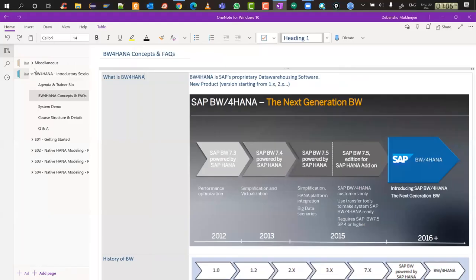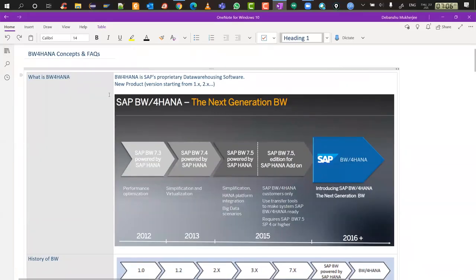Now let's look into some BW/4HANA concepts and frequently asked questions. So the first question, and the very basic question, is what is BW/4HANA? BW/4HANA is SAP's data warehousing solution for on-premise clouds. That's an important point. It's not a cloud-based system. It is not positioned for the complete cloud, but it is positioned to be your on-premise data warehousing solution